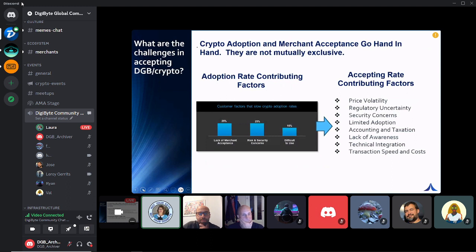There's a lot of barriers to even understanding what is cryptocurrency and then transitioning all the way up to how can I use it to go to the movies, pay a bill. It's a wide spectrum to go through in that education cycle. And I thought this graphic that Patrick found was really good, that lays out factors that slow the adoption rates.